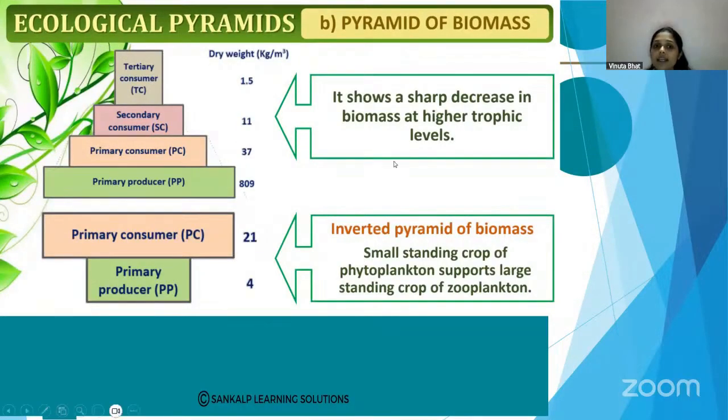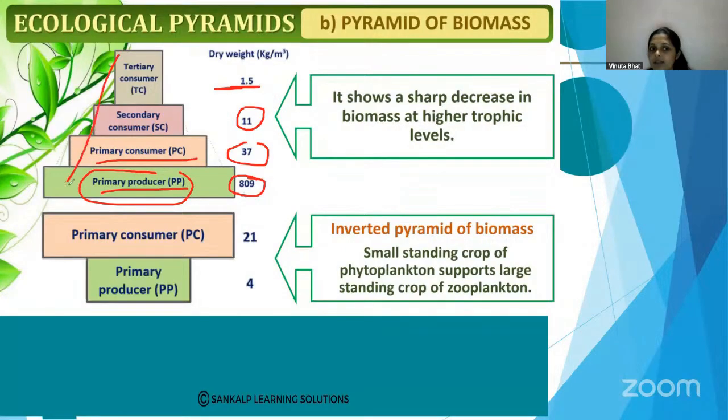You know that biomass is measured mainly, and most correctly, in the form of dry weight of the organisms present in that trophic level. So for the primary producers you can see the dry weight in kg. The primary consumer has less than the producer. Then the secondary consumer has less, and the tertiary consumer has very little compared to the primary producer. So you will get a triangle-shaped, upright pyramid, as you can see here.